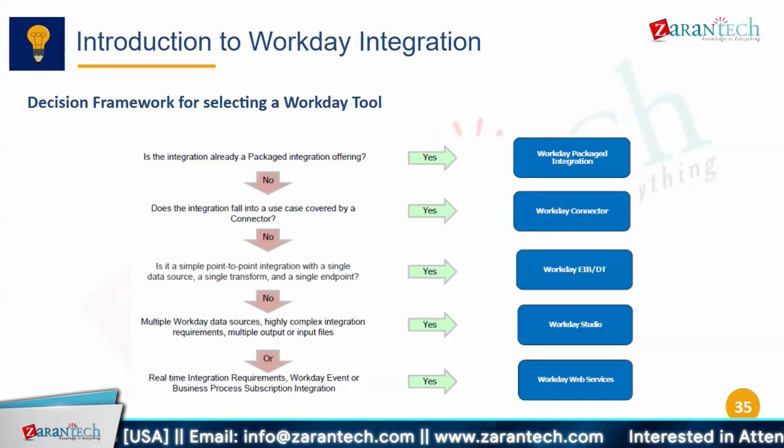Then, if it is not doable by a Workday connector, we move ahead to Workday EIBs and DTs. EIB is nothing but custom reports or web services in the background that are used to extract data, transform it with a particular XSLT program, and then send it according to a particular required format. And if it is still not doable in EIBs and you need more than one data set,